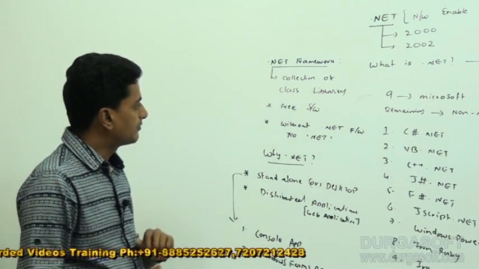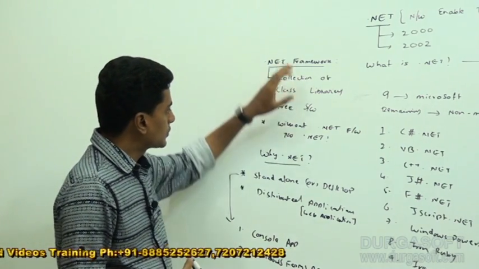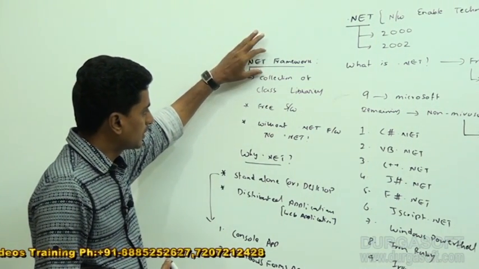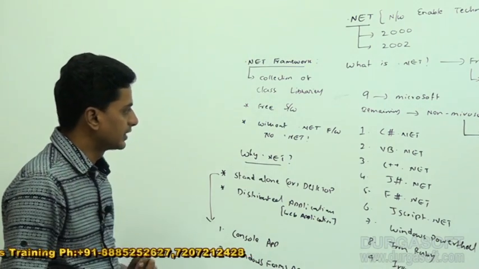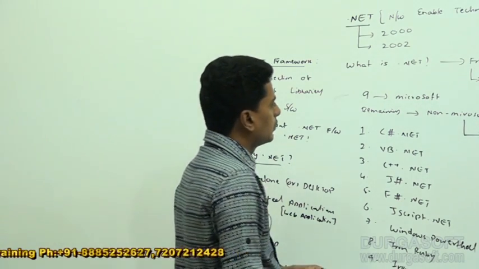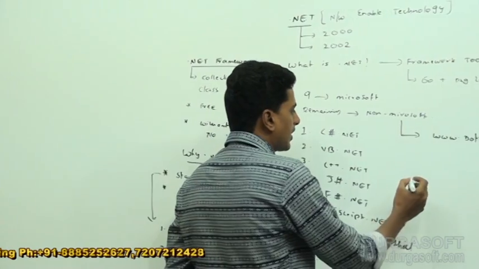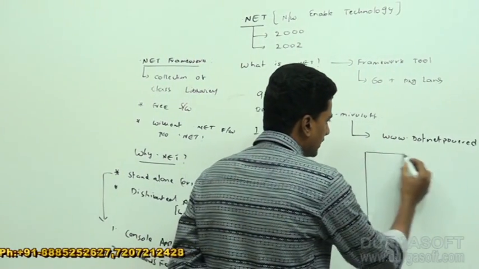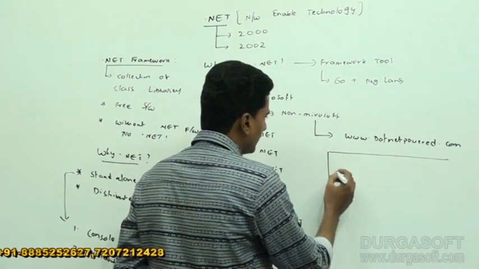So without .NET framework there is no .NET. So that's what it is, a heart of .NET. .NET framework is a heart of .NET. Yes. Next I'm going to discuss what is platform, because if I take anything, people will ask whether